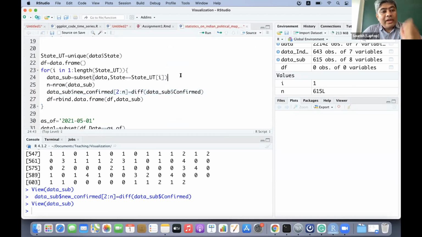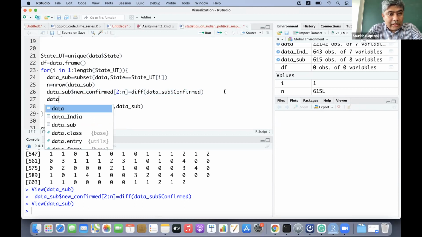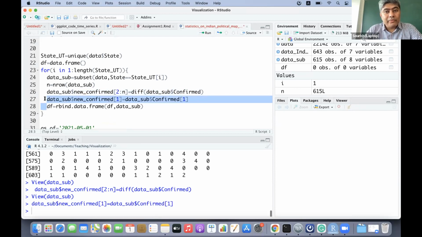Okay. So what we can do here now is set data sub dollar new confirmed 1 equal to whatever the first value that you have observed. If on the first day you have observed 2 cases, then it will be 2 cases.